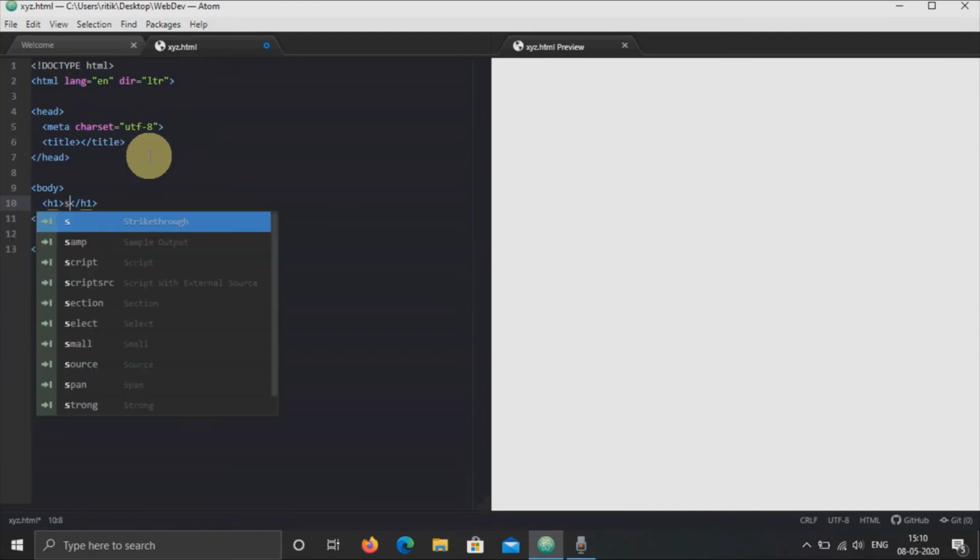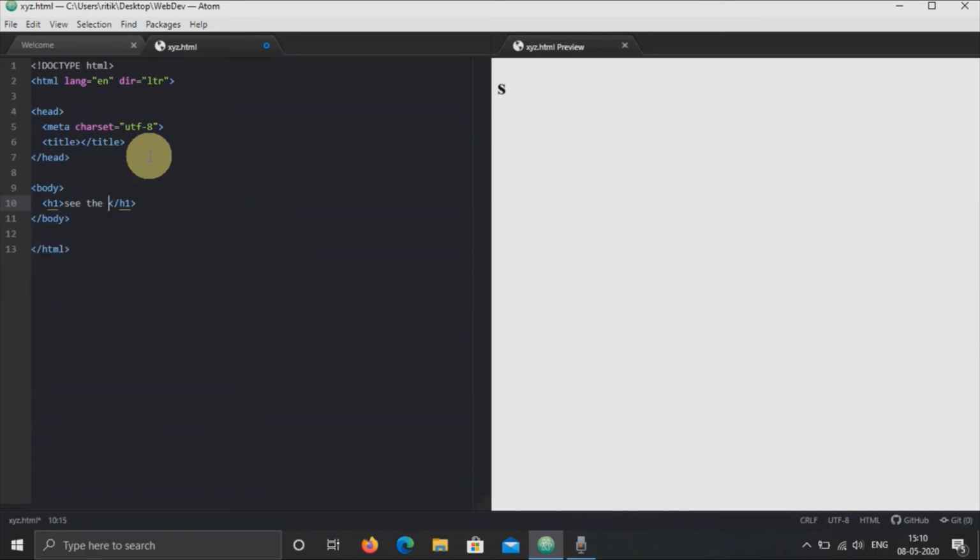Okay, see the changes. With the help of this package, you can see the changes that you are making to your web page in real time. You need not go to your folder, then open your file in the browser, and then switch between the browser and your software again and again. This is going to help you to see the changes that you are making to your file in real time.